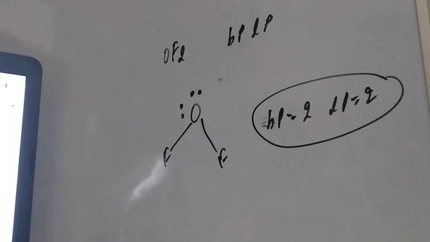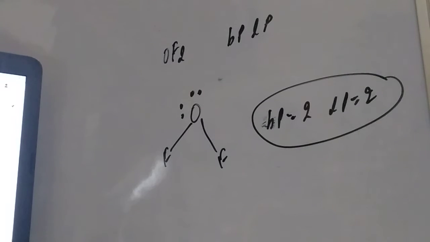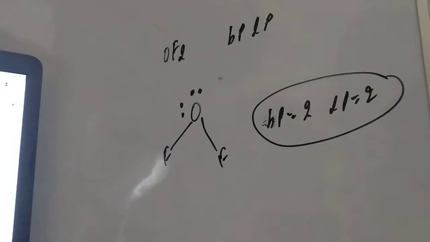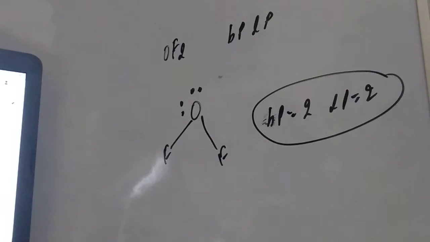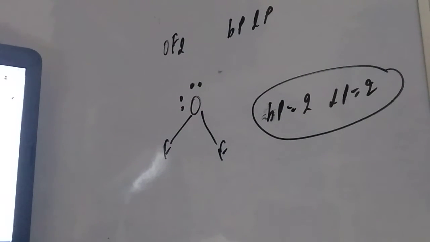In the OF2 molecule, total number of bond pair and lone pair of electrons present. Okay, this is quite a different question they are asking, student. They are asking about the molecule; they are not asking for the central atom. So if they are asking for the total as a whole molecule, student, then we have to check in a different way. So how will we be able to check in a different way, student, in the molecule?